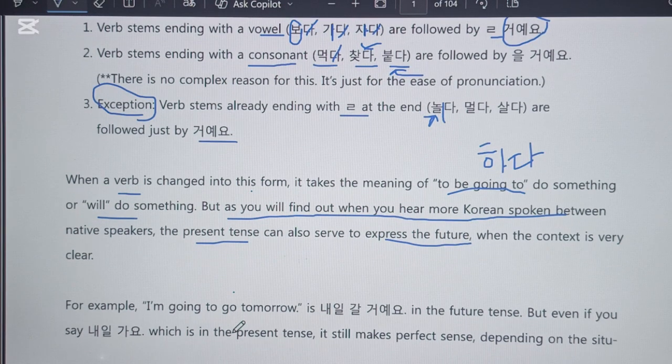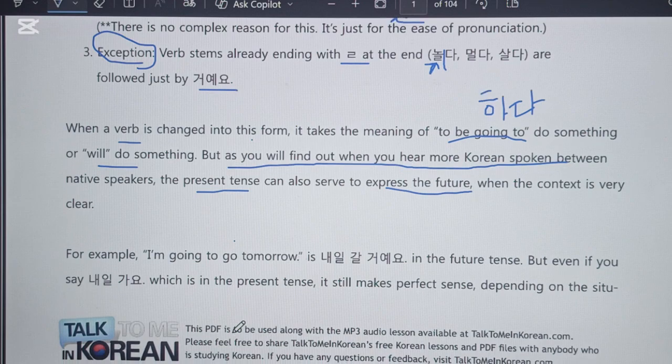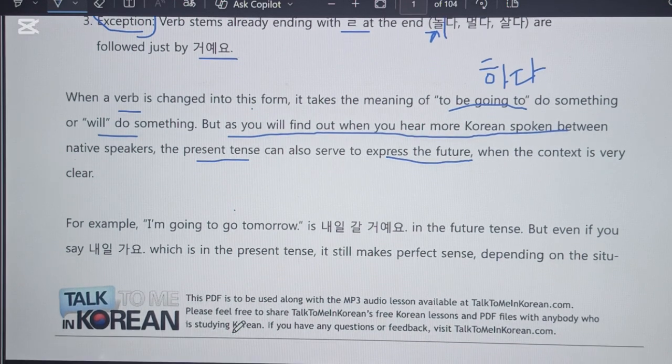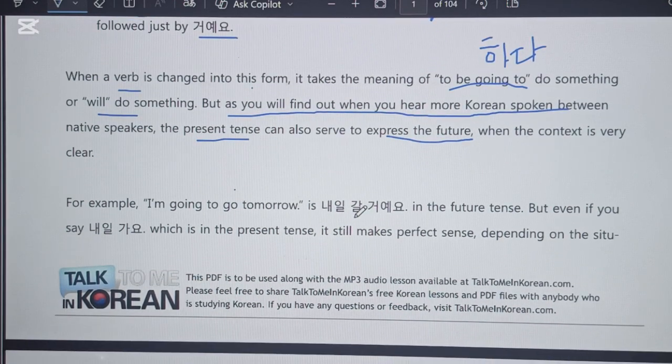For example, if you're looking at a sentence like I'm going to go tomorrow, this would be 내일, which is tomorrow, 내일 갈 거예요. I'm going to go tomorrow. However, they are telling us that if you just say 내일 가요, which is still present tense, it would also make perfect sense to the person